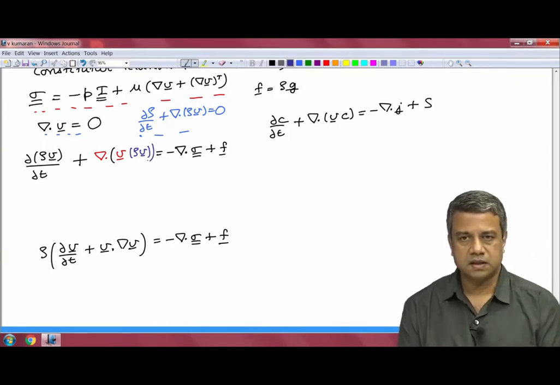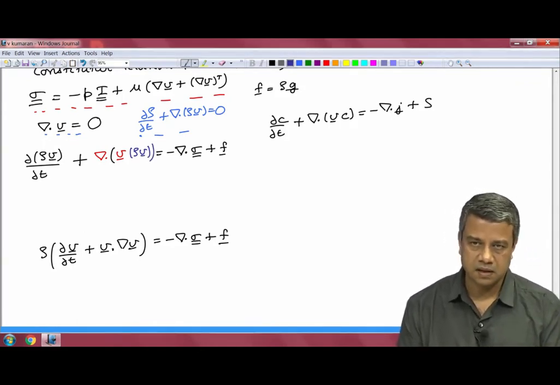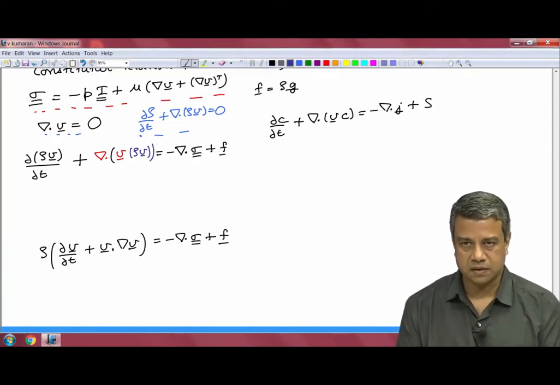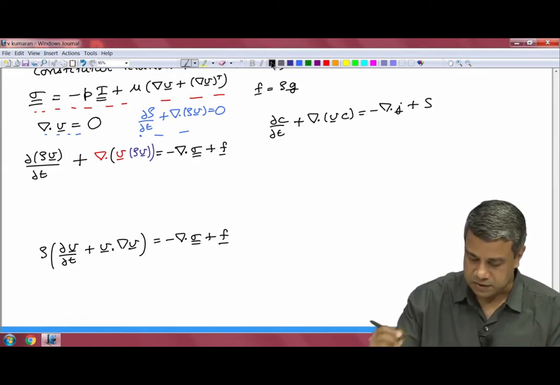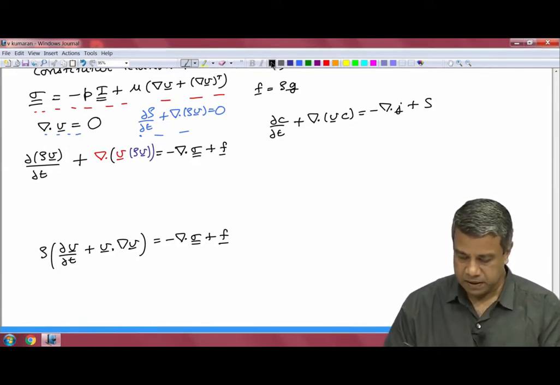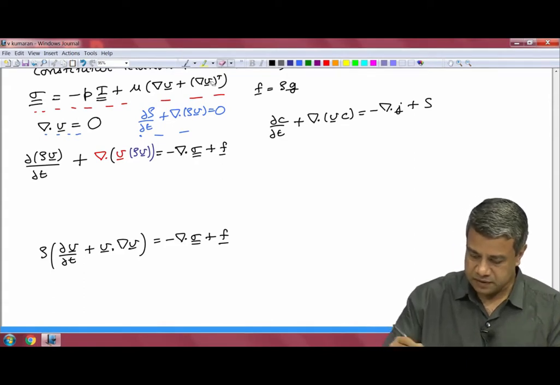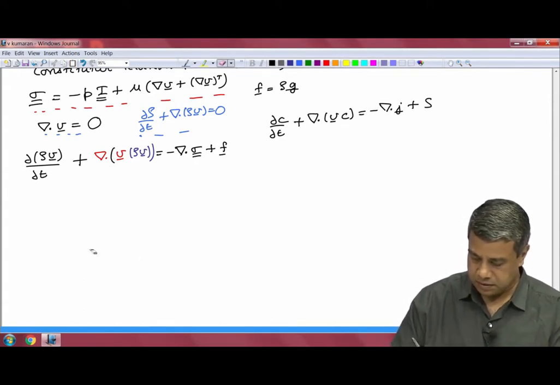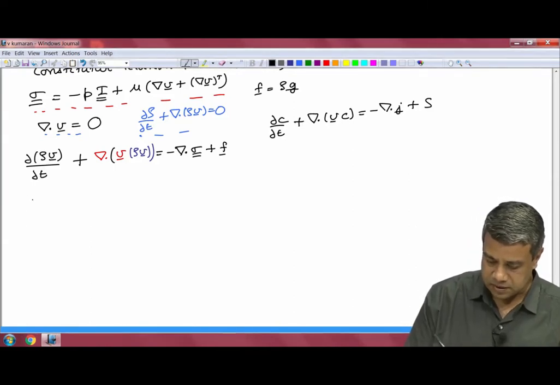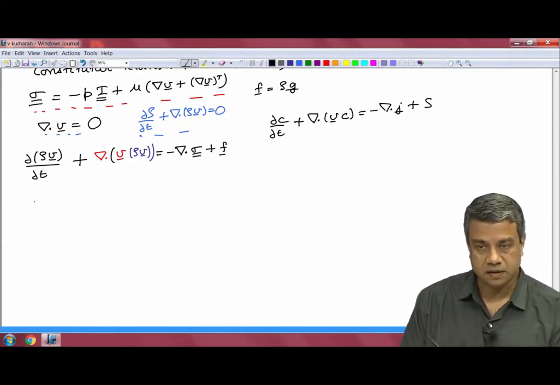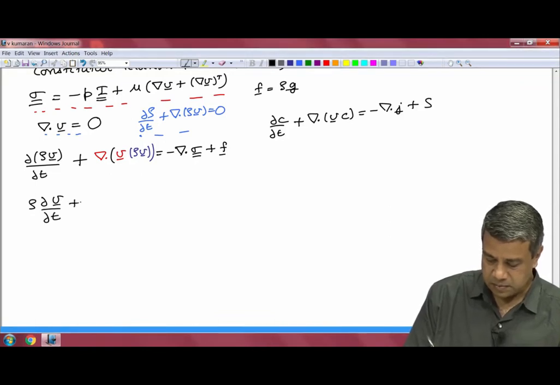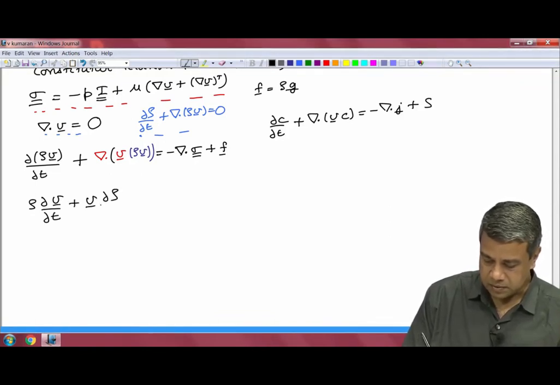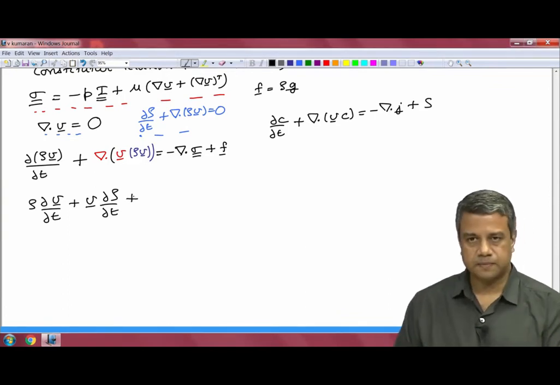Just to highlight that there is a dot product between the gradient and one of those velocities there. Now, the left side of this equation, I can use the chain rule for differentiation. I will get rho times partial v by partial t plus v times partial rho by partial t, plus